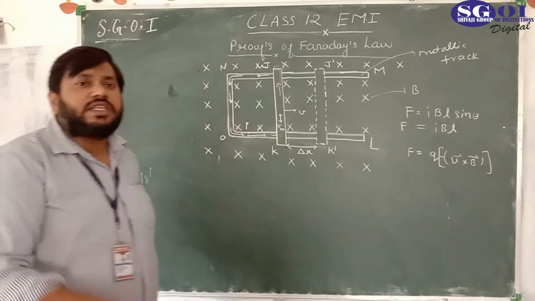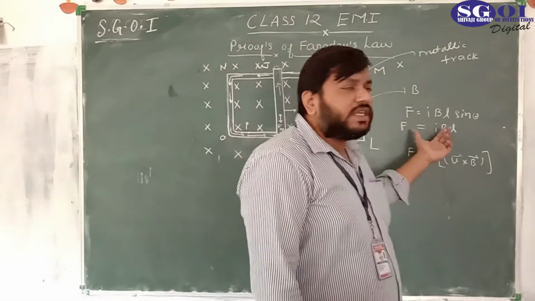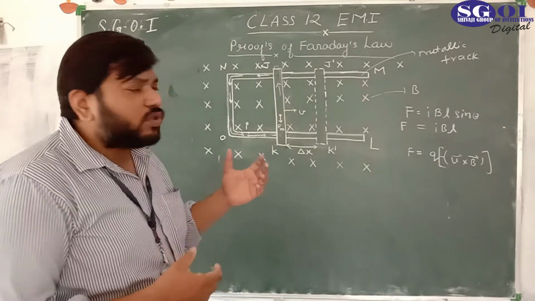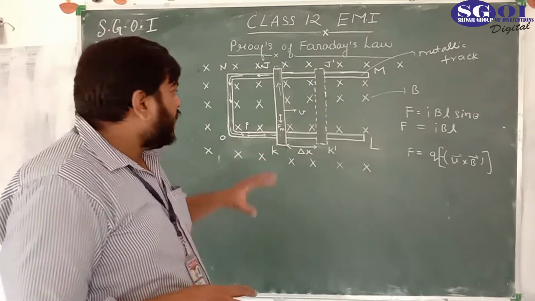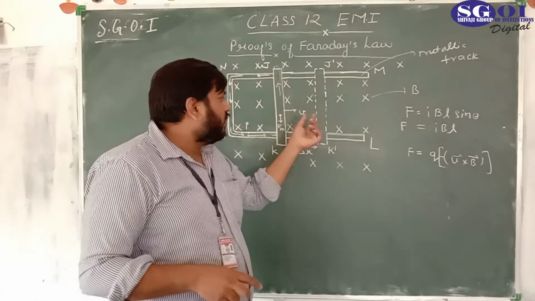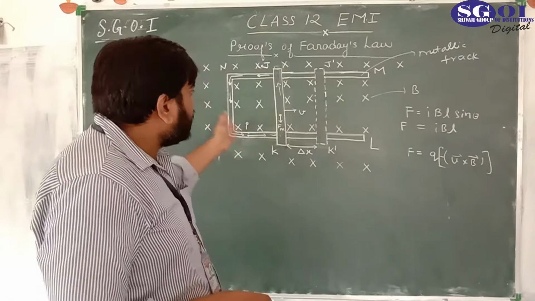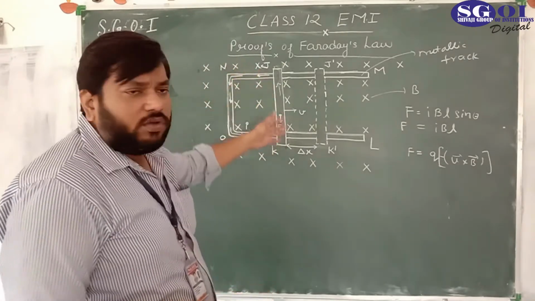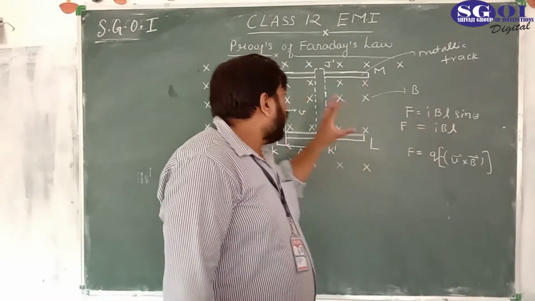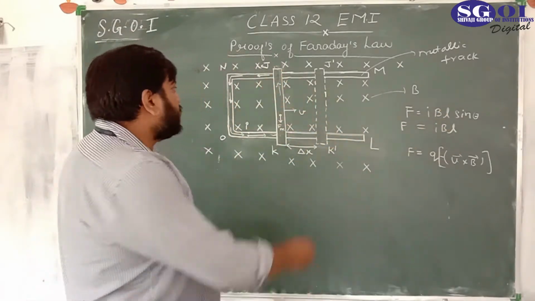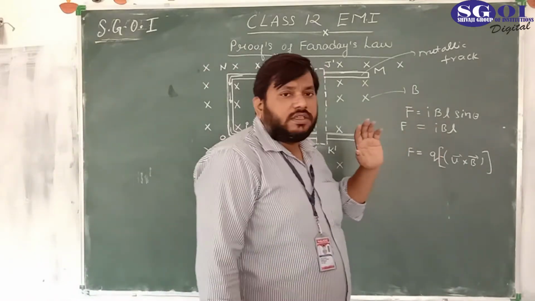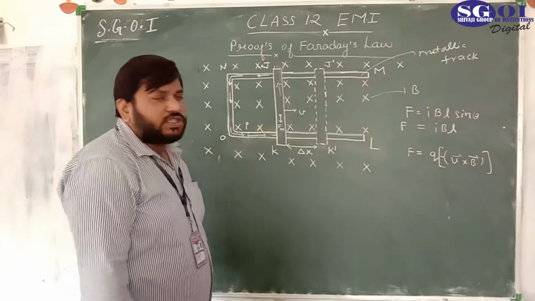And in which direction would this force act? This is very important. Actually, this force is not in the picture initially. As this metallic rod starts moving with constant velocity v, the phenomenon starts happening and the current starts flowing. And if the current starts flowing, a force starts acting on this metallic rod. This is the force due to the current.